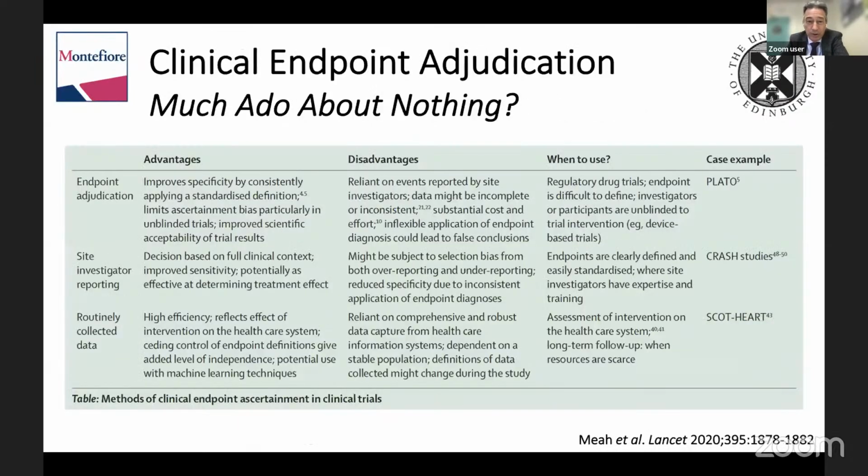If you are interested in these sorts of things, we did write an opinion piece in the Lancet about endpoint adjudication, the costs, and the complexity. It might have specificity, but it's pretty insensitive at times because you end up rejecting an endpoint which may have occurred, but you just don't have the information to know for certain whether it did or did not happen. So it's not quite as clear cut as that, but I certainly feel for the SCOT-HEART trial,